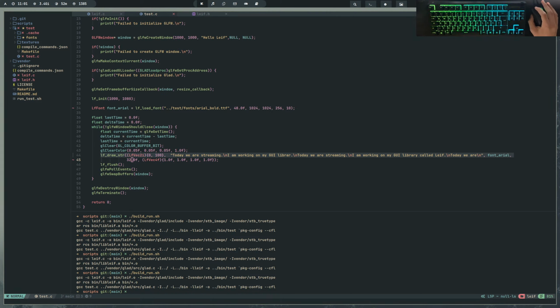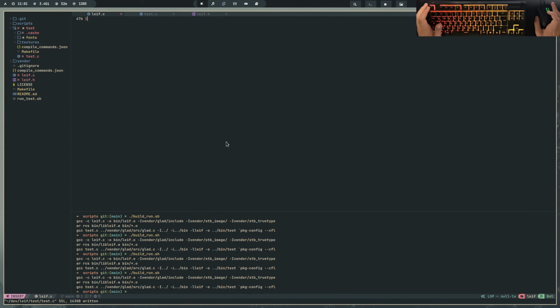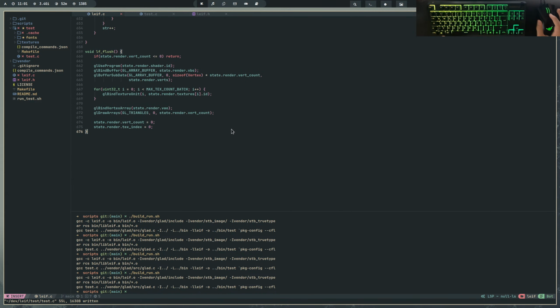So that's why we should bake the font textures and cache them and stuff. Alright, we'll not do that. Okay, so let's start thinking about how our actual